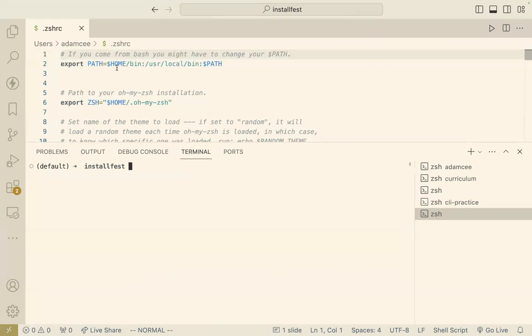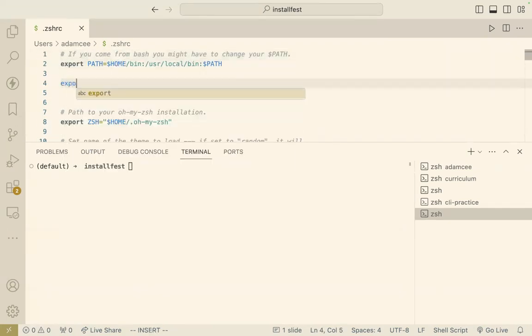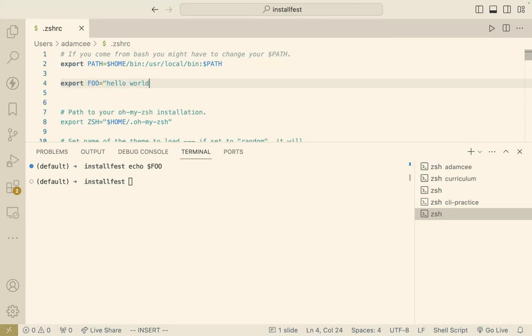For instance, if I modify my ZSHRC file, export, and by the way, in this new session, that foo environment variable is gone, right? Because I created it within the shell session that was running. But if I do foo equals hello world, well, it's not there. But if I do source to reload this file, and actually, before I do that, let me